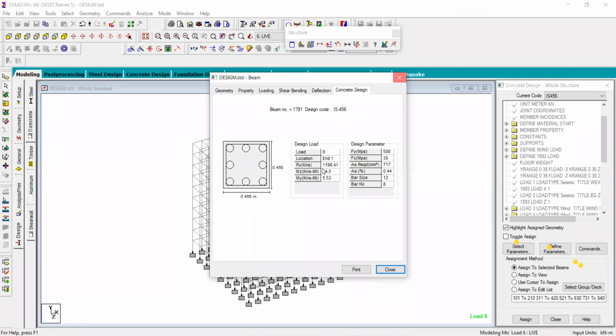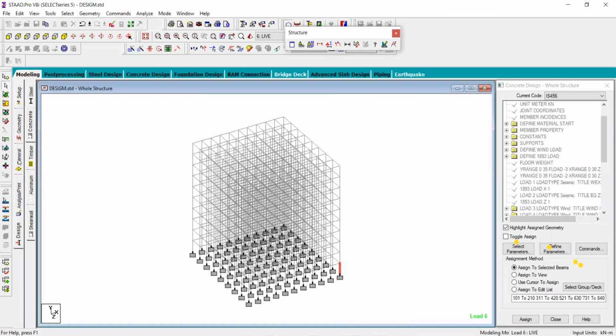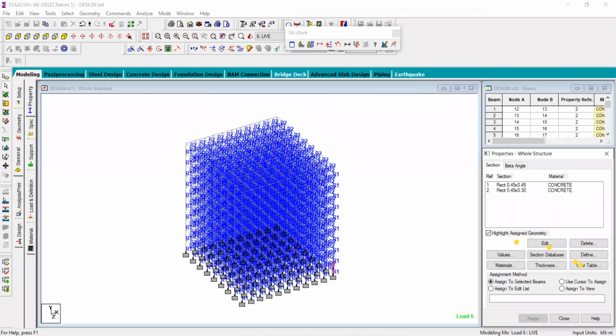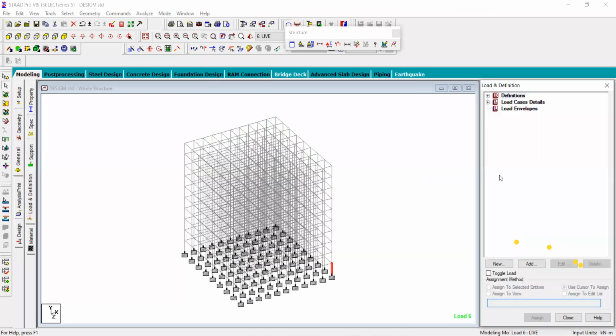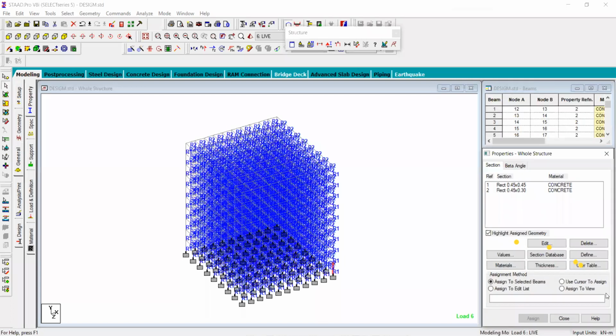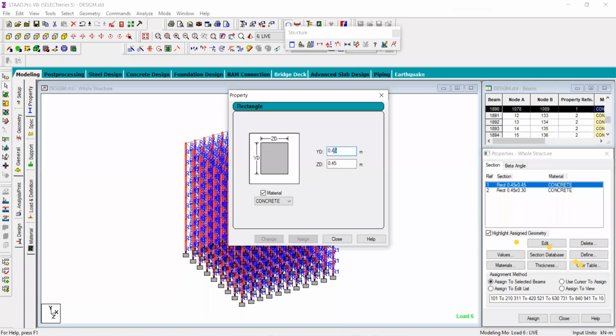For revisions, you again go for this one. Just close this, you go for the sub properties, and after going to the properties, you just go for this one. Please sit down, this one, and you change the sections here.